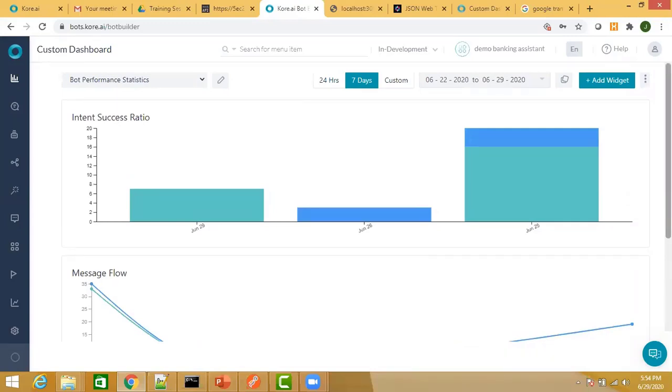Okay, so you cannot create a widget like that, but in the same dashboard you can have different widgets using different data sets. But the same widget using different data sets is not possible. It will allow you to select only one data set. Okay, got it, thanks. Yeah, but like I have used two widgets, one from the analytics and one from the message. Similarly, if you want to represent something from the sessions, you can add another widget. But the same widget with multiple data sets is not allowed.